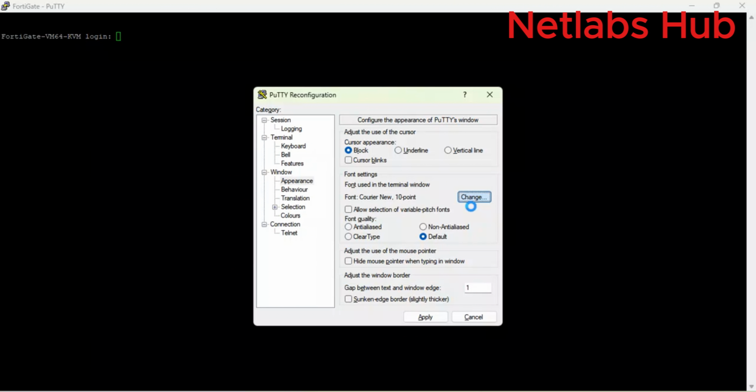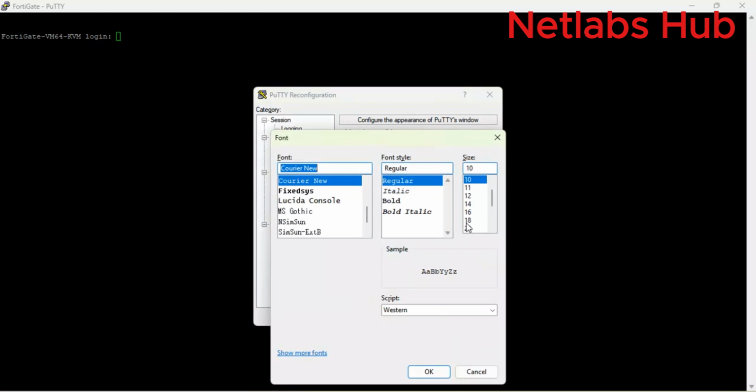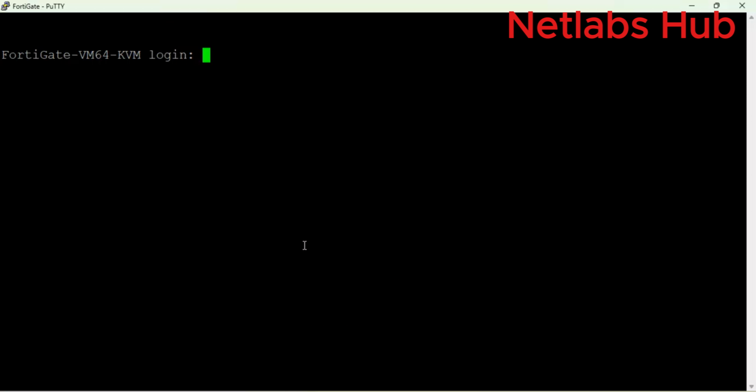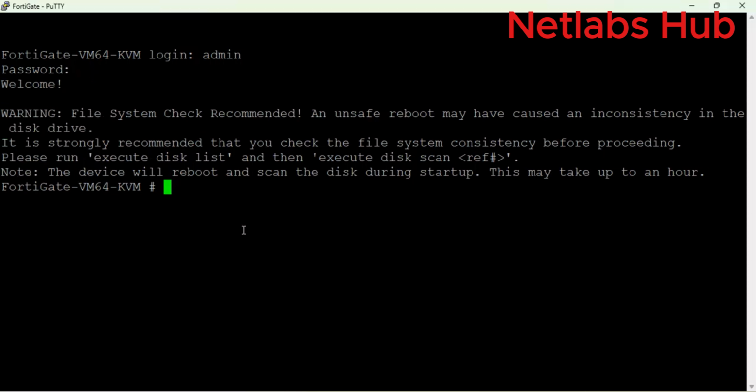I'll come to the firewall, then enter the password. This is an already configured topology. So once I enter the password, I must identify the IP address that will help me to access this FortiGate